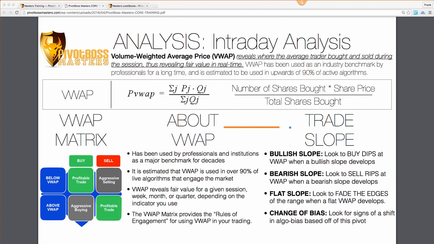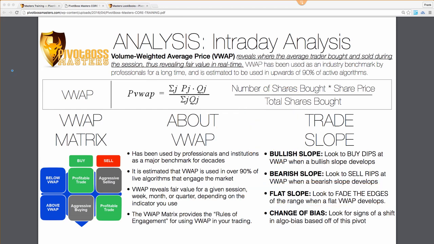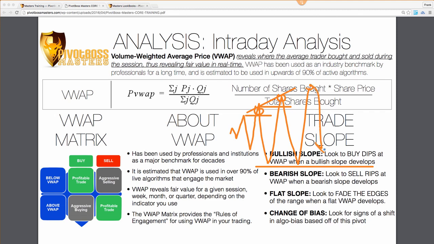There's also ideas where the slope is basically flat. When the slope of VWAP is flat, you're basically looking to fade the edges, right? And additionally, when the slope is flat, I would also say look to fade new highs and new lows. Because you'll see the expanding ripple effect where things are doing this, right? And so you don't want to get caught trying to sell here because it's going to run your stop, right? Or selling here. You have to wait for those new highs, wait for those new lows, because those are the ones that are rejected back toward VWAP and across the range.